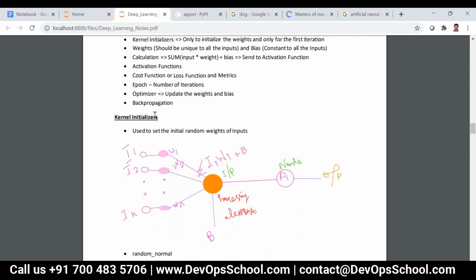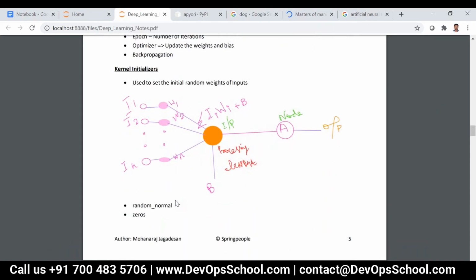The kernel initializer is used to set the initial random weights of inputs, that is, W1, W2, like that. Remember in NumPy we used so many array initialization methods: ones, zeros, and random.